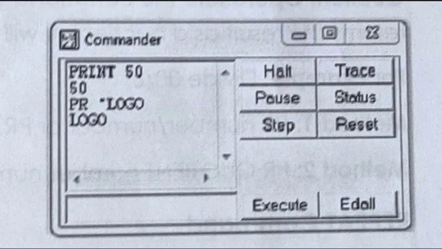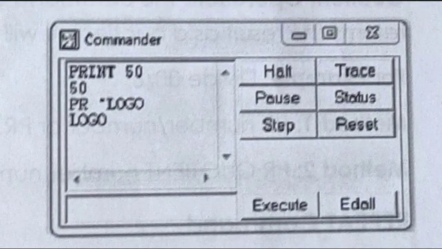Arithmetic with Logo. Arithmetic operations can also be performed in Logo. The symbols used in arithmetic operators are as follows. Addition operation: for addition, you can use sum or its operator, the plus symbol. For example, add 40 and 50.